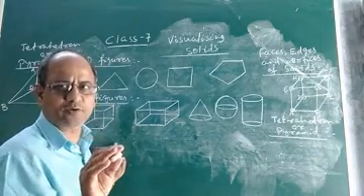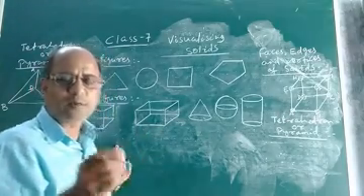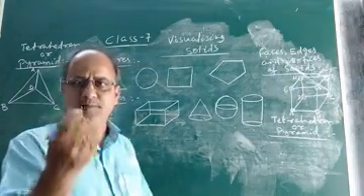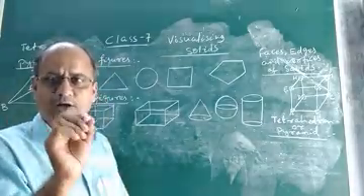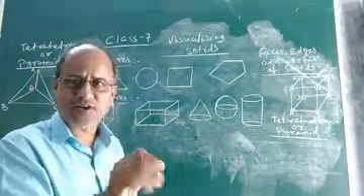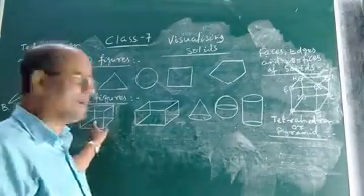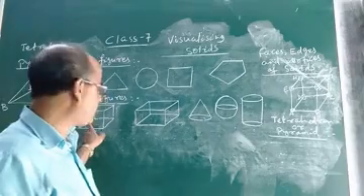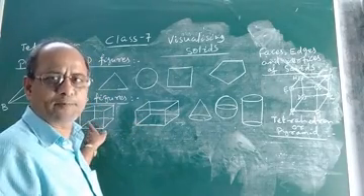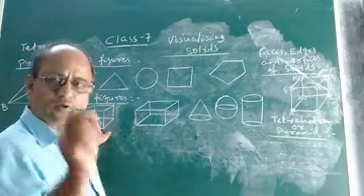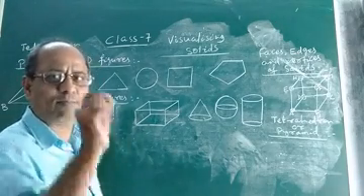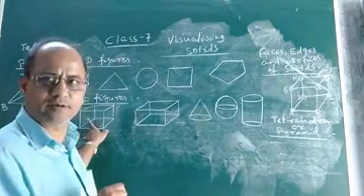How many edges, if I ask you? You know what is a face, what is an edge? Face means surface. Surface means what? The portion which we can see and touch. The part or portion of a solid which can be seen and touched is known as a surface. How many portions of this solid can we touch? Six. Each face or each surface is what? A square. So that is a surface. So it has 6 plane surfaces or faces in a cube.